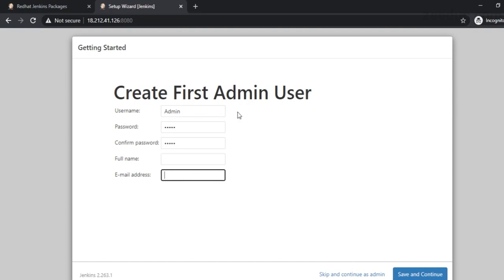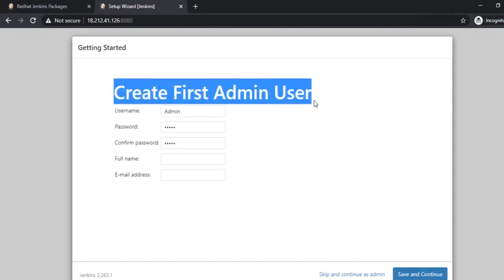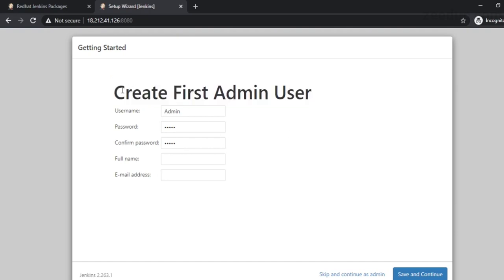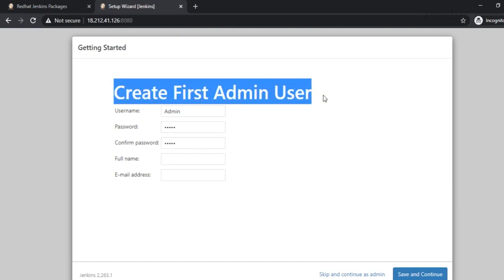Okay, and this is the administrator password, so don't forget it. Then give your full name, give your email address, and you can save and continue if you want to create another admin user. Okay, but if you don't want to create another admin user, you can just skip and continue